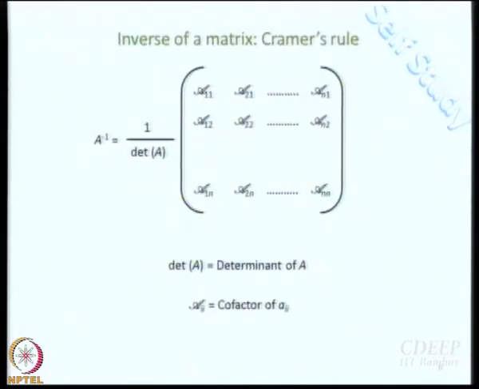Next. I think this is something we have studied in whatever matrix algebra we have done. So, I am not going to spend 20 minutes deriving it. Please read it by yourself just to remind yourself how it came, but I think this relationship is not very unfamiliar. How do you get an inverse of a matrix? What is the definition? The inverse of a matrix is a matrix which when multiplied with itself gives you E, and they commute with each other. So, this is 1 by determinant of A outside, and then what is this matrix called? What are all these stylish A's?